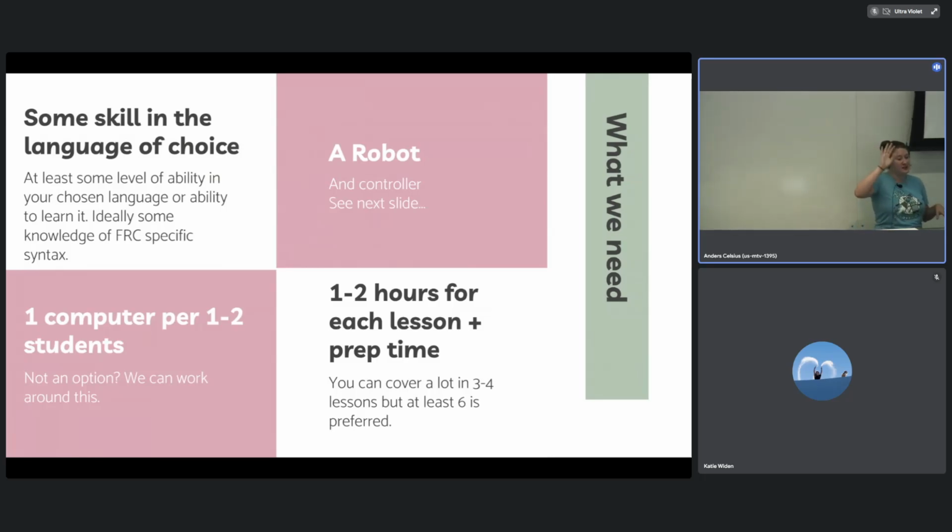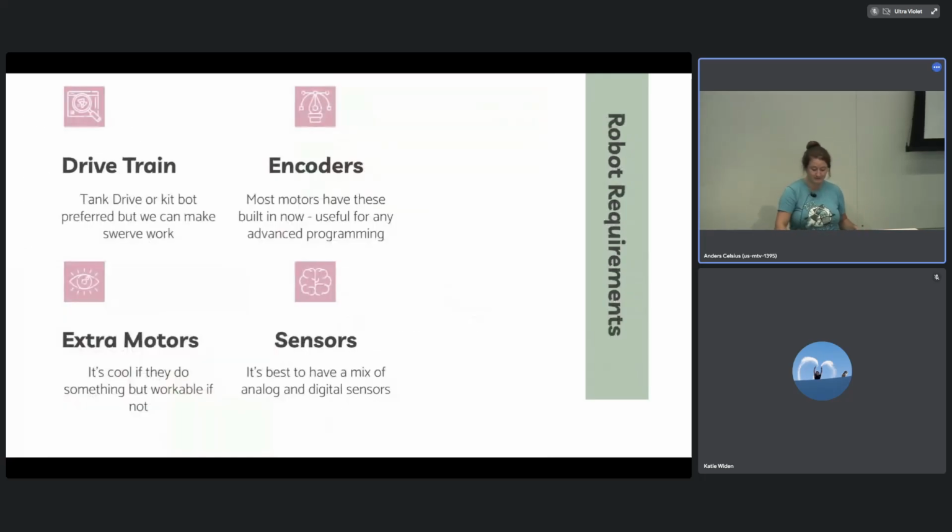Those first three or four lessons get you a very helpful student. And each lesson depends on the kids. Some kids pick stuff up super fast because they have programming experience. Some kids don't know what a semicolon is, and you have to show them where it is on the keyboard. So it's going to change based off your students.